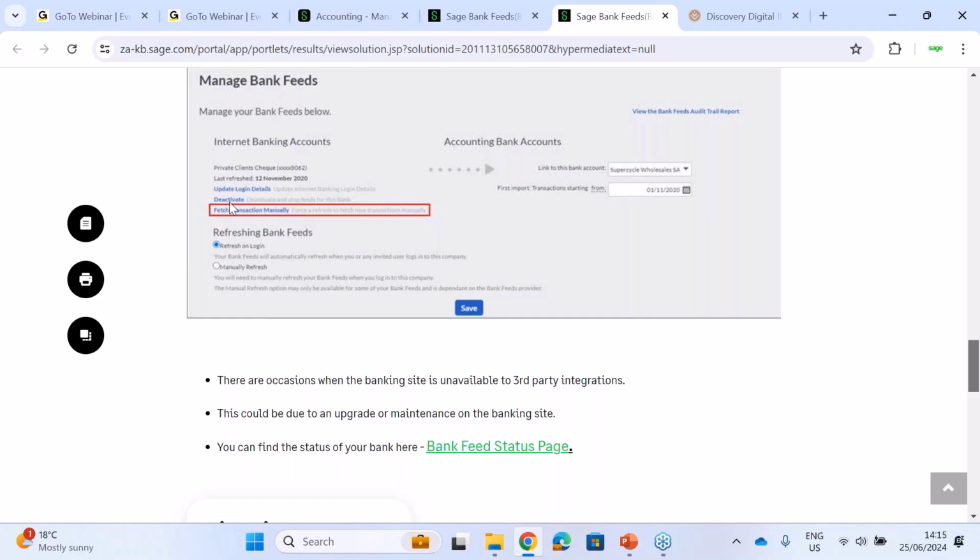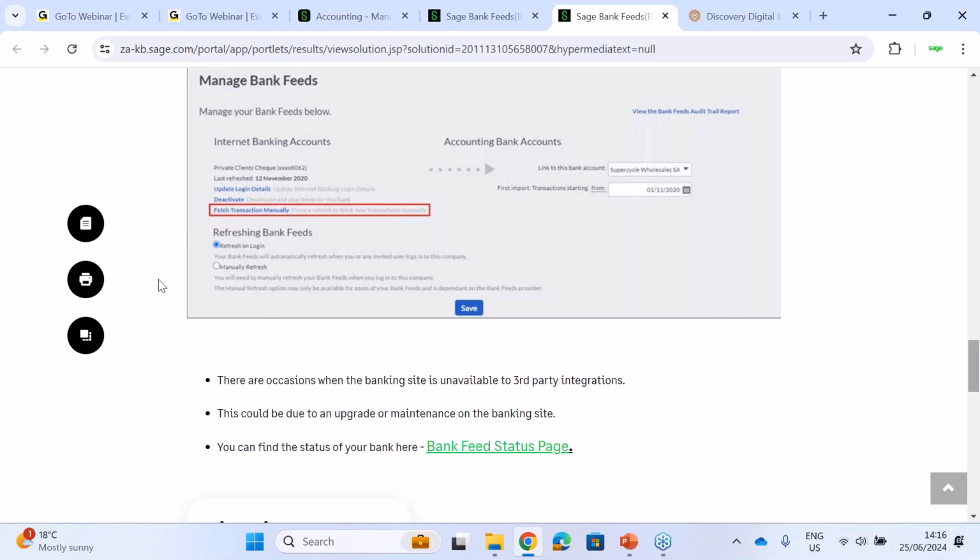Obviously, deactivating and reactivating is a last resort, because a lot of the time we don't want to deactivate and then reactivate and cause duplicate transactions. At times, though, there is a problem with the linking, and that is what we need to do. If there's duplication, you can just delete the duplication. So you would try these two first, then we would go with deactivate, and that is obviously if you can